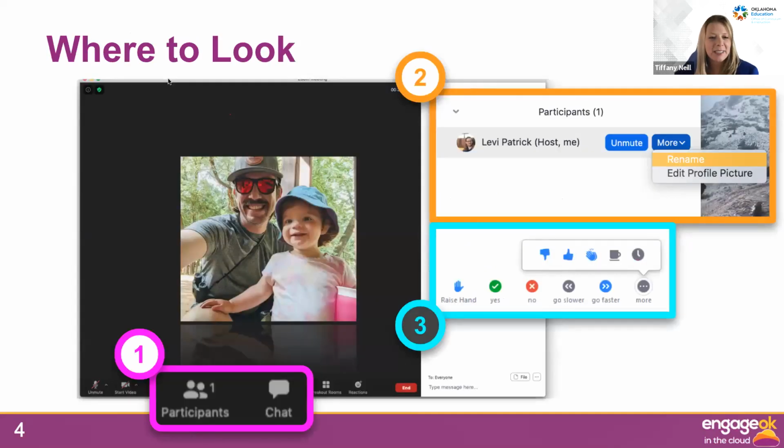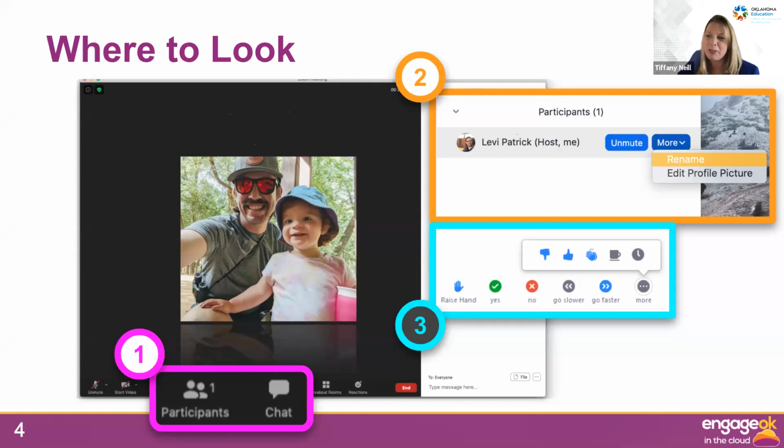Just as we do in education, we steal, borrow, and beg for good ideas from other educators. And a colleague of mine, Levi Patrick, ran a session this morning, and I thought he did a really nice job of explaining to folks how they can at least become engaged in the conversations through Zoom today.